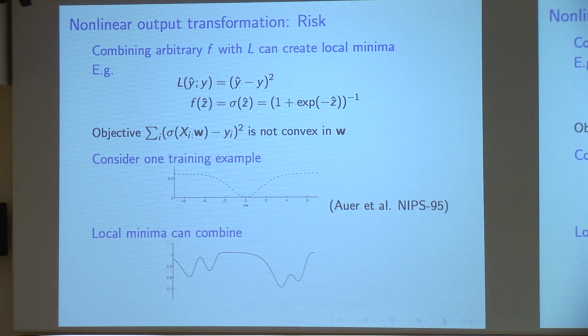Seems like a reasonable approach. The question is, is it a good idea? And if you don't think about it too carefully, you might actually convince yourself that it's not a good idea. It's not going to work, for a very simple reason: if we forge ahead, we'll get into trouble. So here's the worry that you have. Sure, I impose some fancy nonlinearity, and then I'm going to fix some loss function.